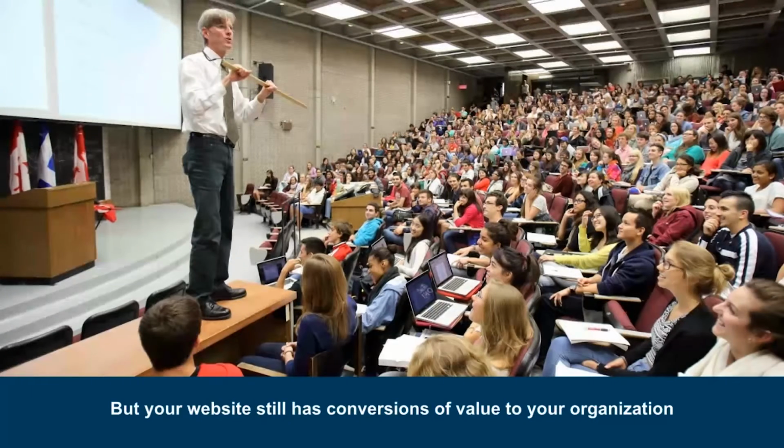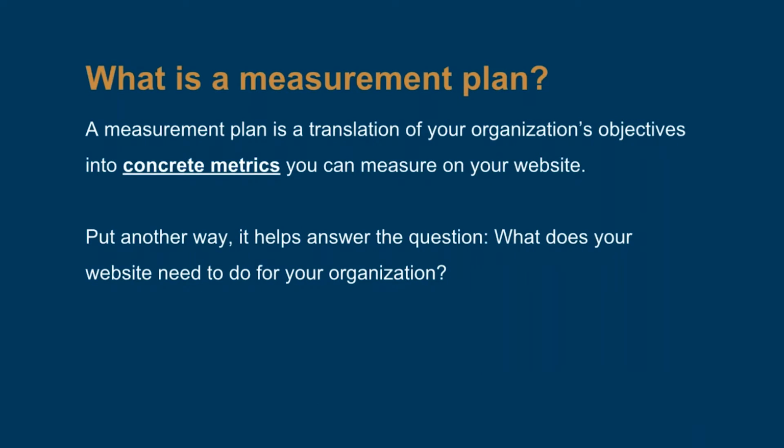So every piece of content on your site has value to your organization. And every click of the mouse or tap on a screen is a way that you can start measuring the value of that content. A measurement plan is really the translation of your organization's business-oriented objectives into some concrete metrics and website goals that you can measure from the actions that people take on your website. It does require foresight and setting up the right type of tracking so that you can actually measure those actions. And it requires having the right content so that users can actually do what you need them to do on